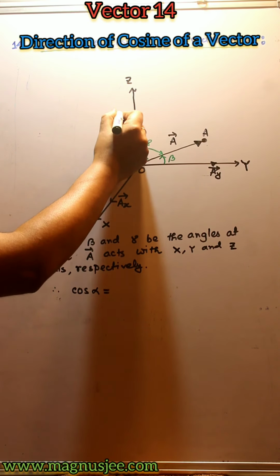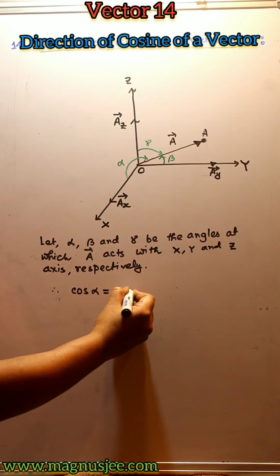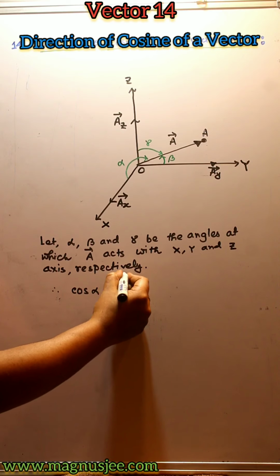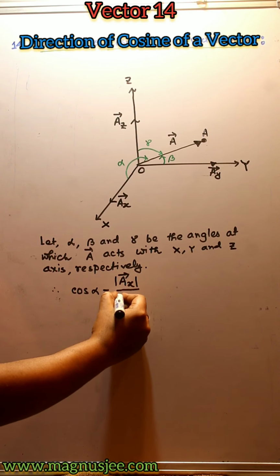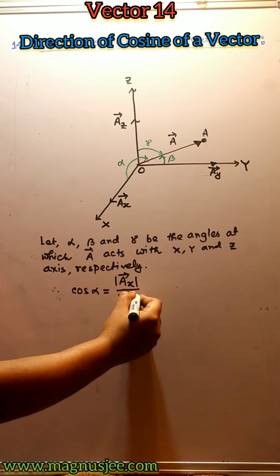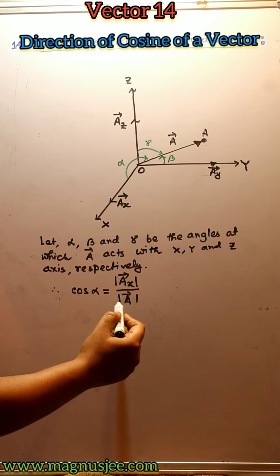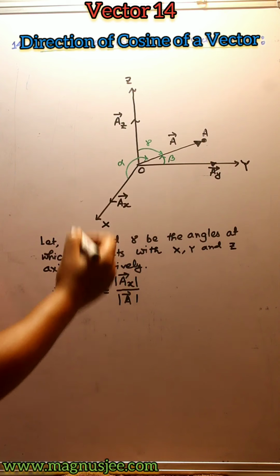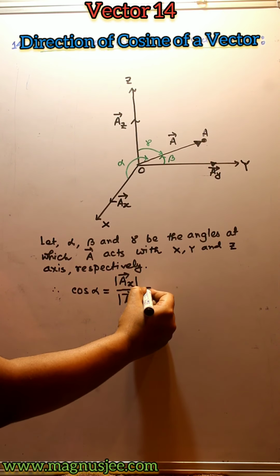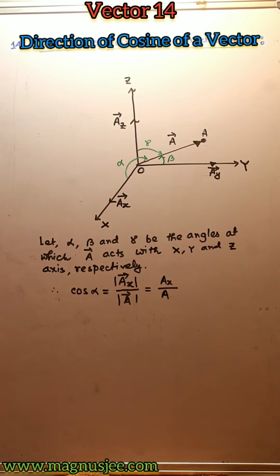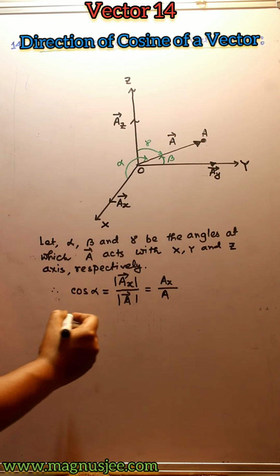So vector Ax, vector Ay and vector Az are the rectangular components of vector A along the x, y and z axes respectively. So cos alpha equals mod vector Ax divided by mod vector A, that is the component along the x-axis divided by the magnitude of vector A, which is Ax by A, where alpha is the angle subtended by the vector A